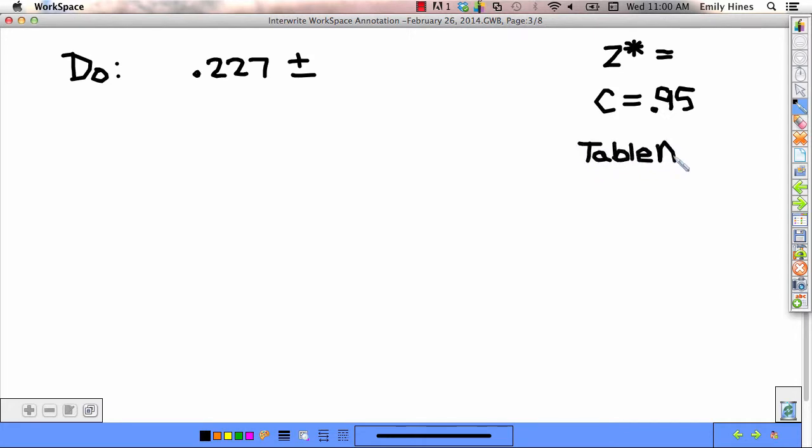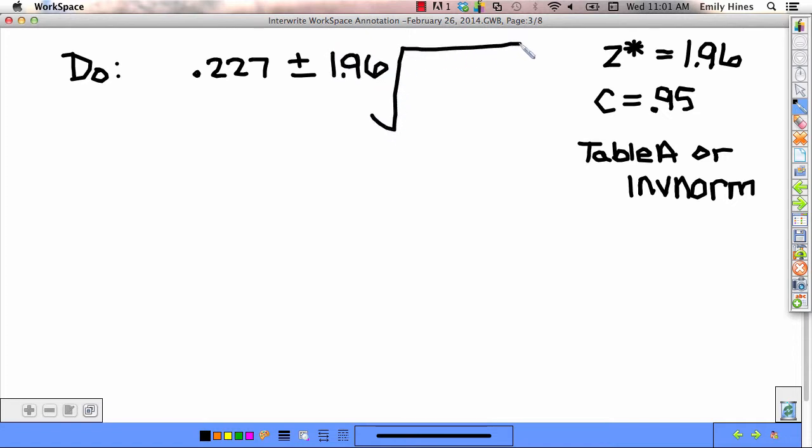Those are my two options. Table A or inverse norm on the calculator. And hopefully this is one you'll just memorize because it's so common. Whenever it's a 95% confidence interval, my z score is 1.96, times the square root of